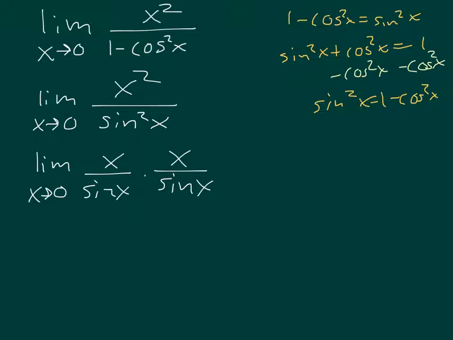Well, according to our properties, this is just 1 and this is just 1, so we end up with just 1 times 1 equals 1. Sorry, a little typo there. So if the answer is just 1,